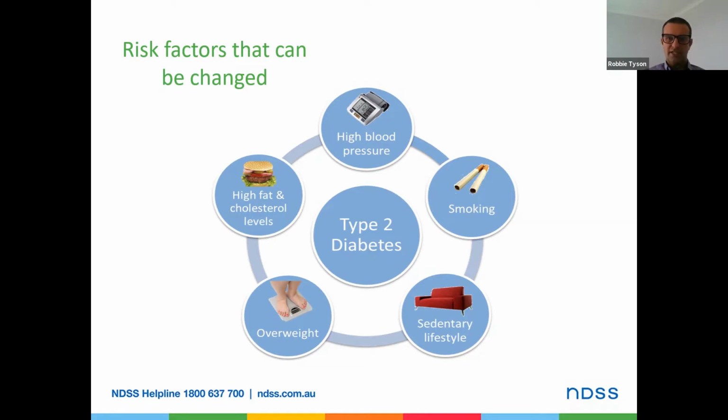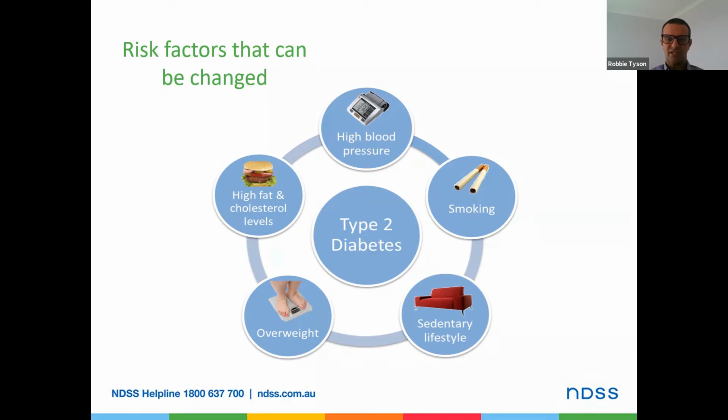Sedentary lifestyle, so inactivity, not much physical activity or movement. This might be because of injury or illness or limited capacity. It might be because of just general lifestyle choices or employment if living in a sedentary job. However, some of those things can be managed and changed to increase movement, and decrease sitting time is a big one there. Overweight, so being overweight can increase the risk of diabetes based on the fact that the excess fat around the organs tends to interfere with how well the insulin in the body works.